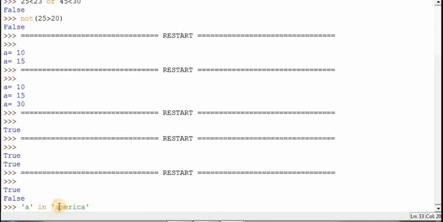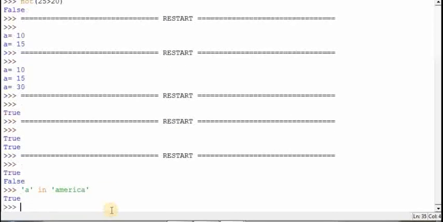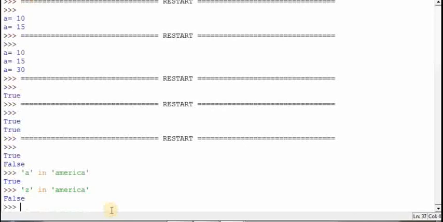Yes, 'a' appears 2 times in America, so in this case it will return true. If you check whether 'z' is in America, it will obviously return false. So the in operator is used to find whether a particular value or variable is present in the sequence or not. This is the sequence and this is the value.